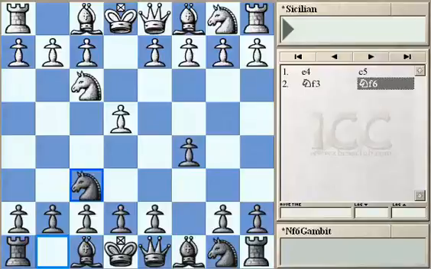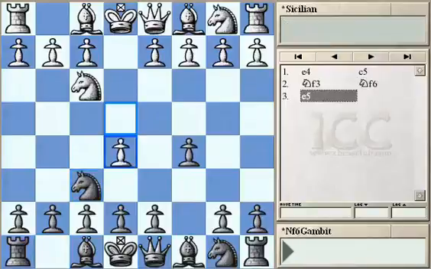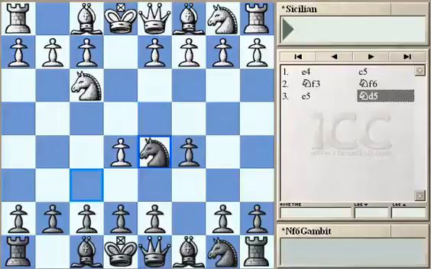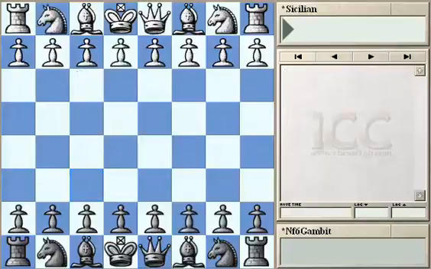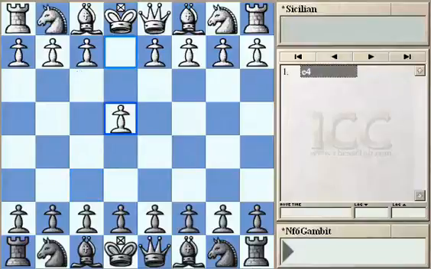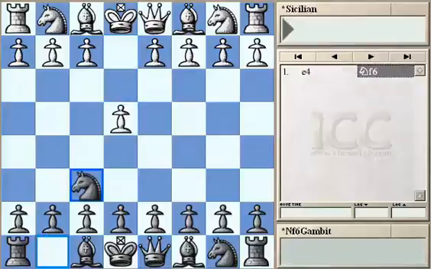So after Knight f6, White is more or less forced to play e4, e5, otherwise there are not many ideas. So after e5, White is winning the battle in the center. However, by playing Knight d5, we get into a very interesting situation, because this position reminds us very much of the Alekhine Defense. As we know, the Alekhine Defense could come after Knight f6 immediately after e4, and let's say